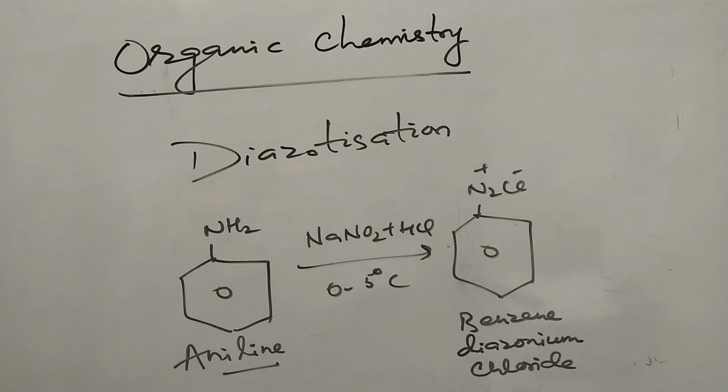The diazonium salt formed from aliphatic amines are unstable and they get converted into alcohol. So that you have to keep in mind. And these benzene diazonium chlorides are also stable only in solution, so they are immediately treated with some other reagent to convert them into either chlorobenzene, bromobenzene, benzene carbonitrile, iodobenzene, or they can be treated with fluoroboric acid to form fluorobenzene, etc. So this is a very useful chemical, that is benzene diazonium chloride is a very useful intermediate for the preparation of a lot of important compounds.